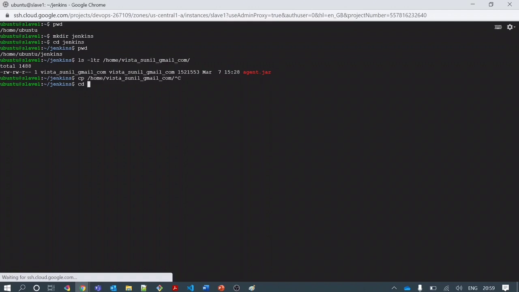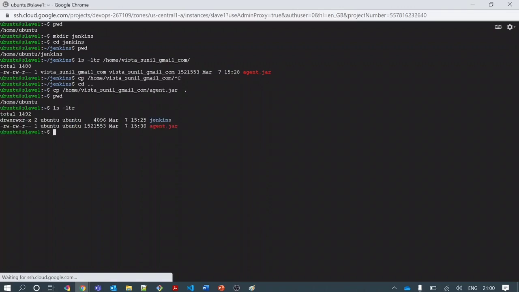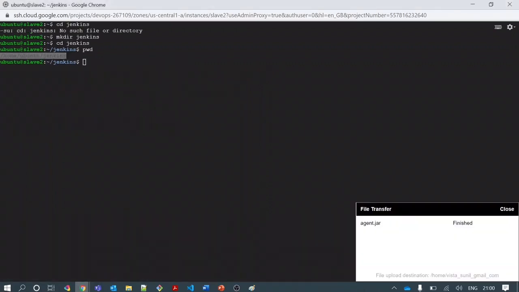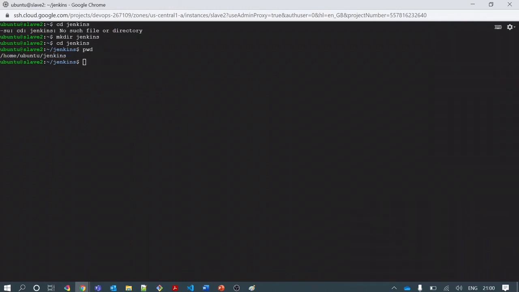Let me go here, cp this /agent to my current location in my current home directory. Okay, so if you see here, I have copied this agent.jar here. Similarly, I will check here on slave 2 also.